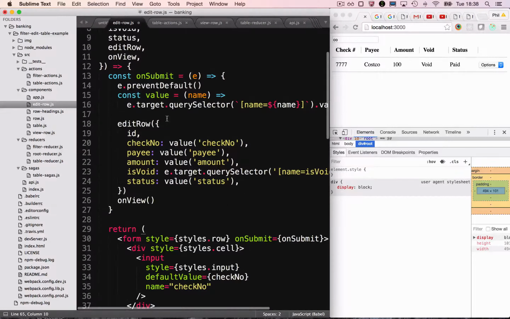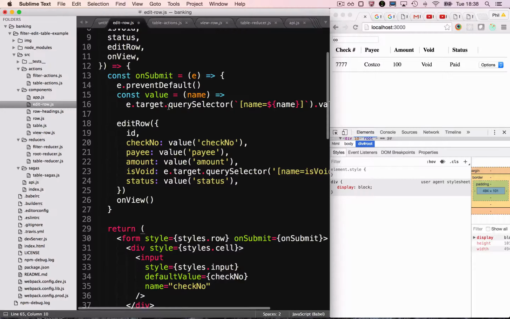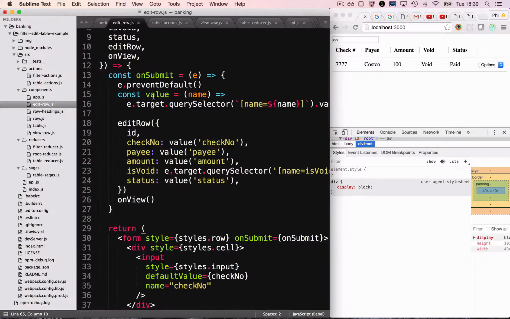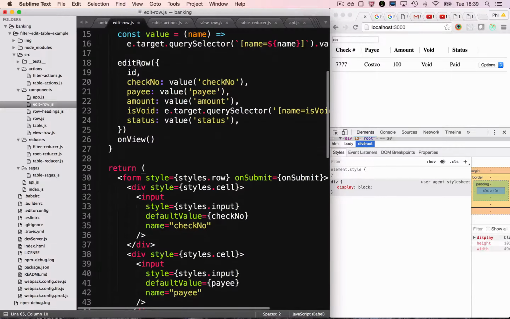So I've got this function here, which is getting hold. So remember, in this case, the form is going to be the target of the submit event. So e.target.querySelector. So this is saying look for any children who have a property name of name, and then get the value. So this is like a get value function here. And so then when I want to get hold of the data from this row that I'm editing, I just create an object here, I mirror the ID, and then the check number is value check number, payee, value payee,